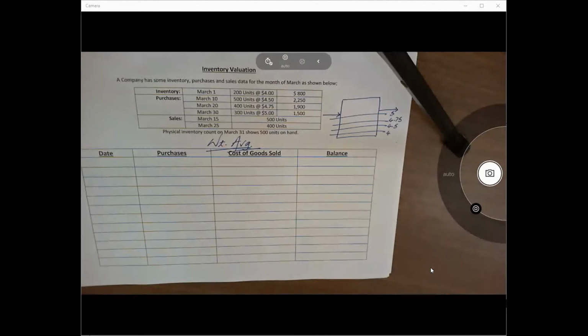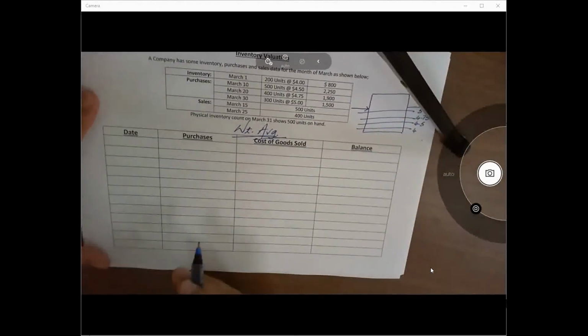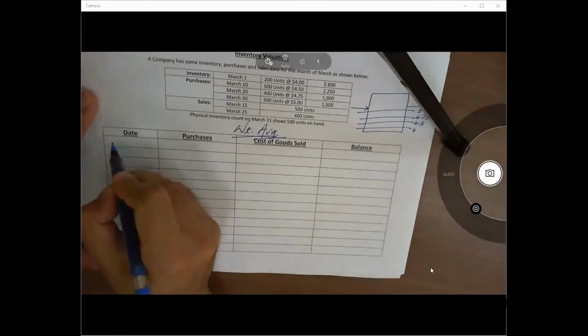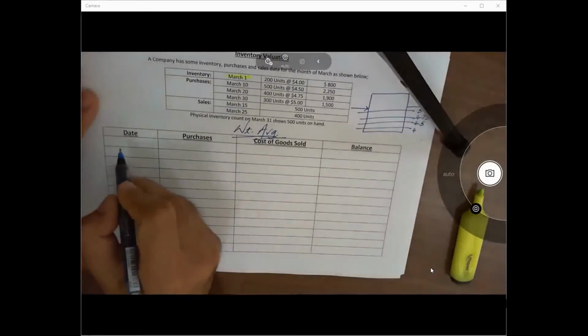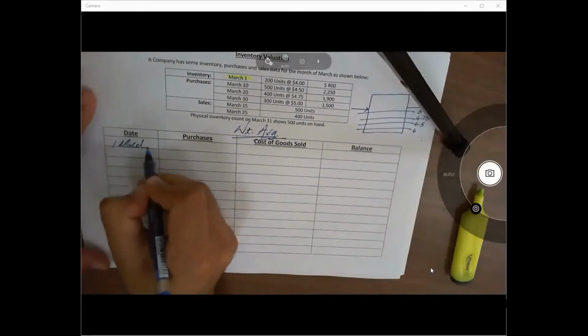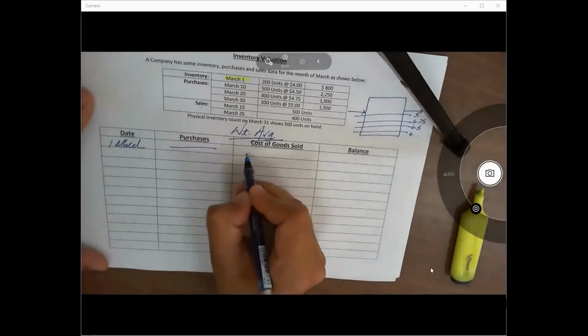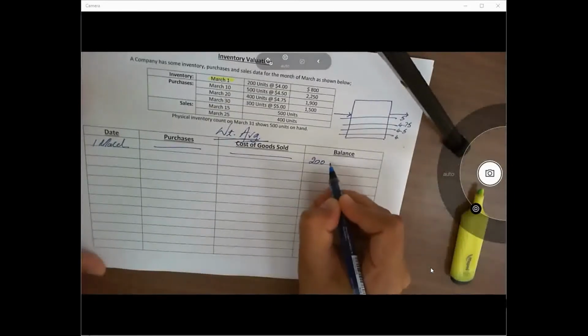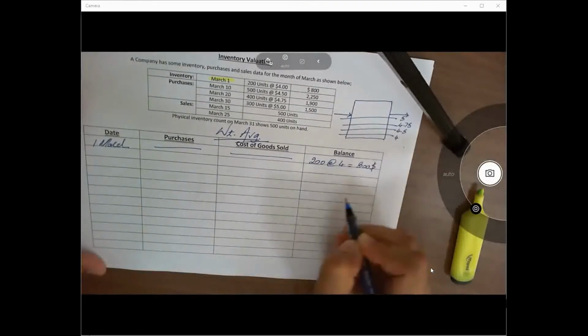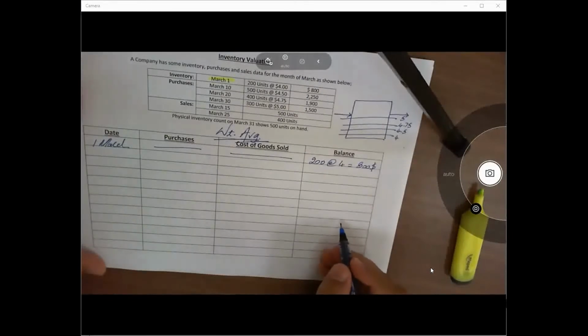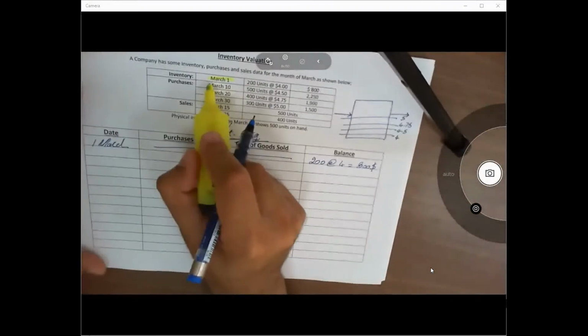Let's try to discuss the weighted average method. Exactly the same idea, but in this we are going to have a little bit difference. So over here, 1st of March, we will again go chronologically. On the 1st of March, what is happening? We are purchasing something. No, we are not selling something. So this is representing our opening balance of 200 units at 4, which is total opening balance of 800 units of inventory. Next, after 1st of March, we have 10th of March.